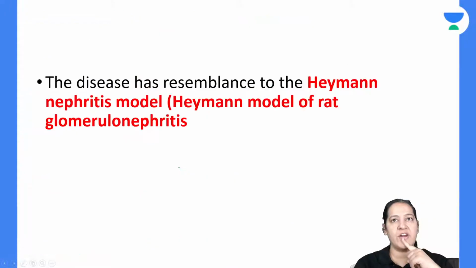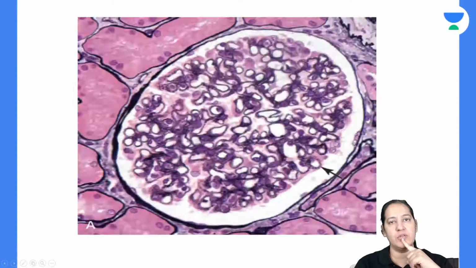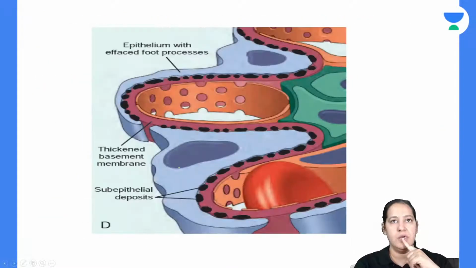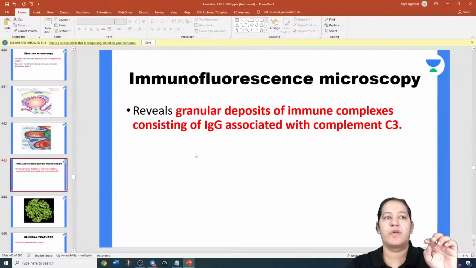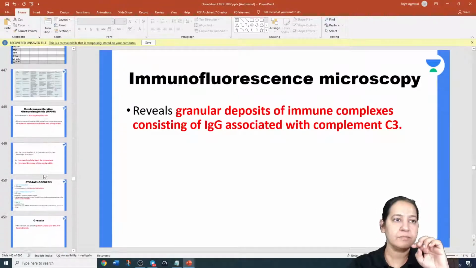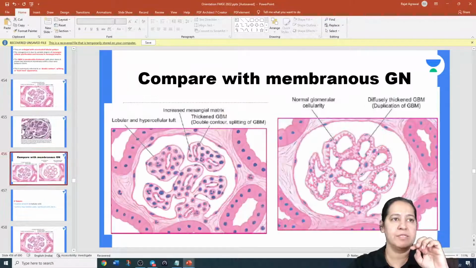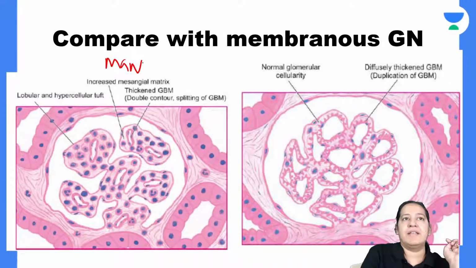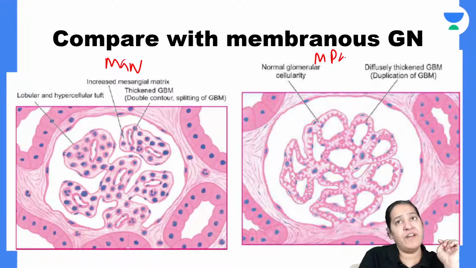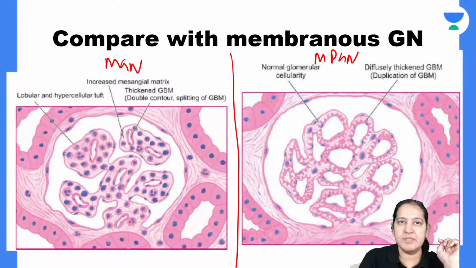Let me show you the diagram of the two. So I will explain the two together. Okay, let me see where the diagram of the two together is. A comparative diagram. This one. I want to explain this one. Listen, the first is the diagram of membranous glomerulonephritis, and the second is the diagram of membranoproliferative glomerulonephritis. What is the difference between the two?